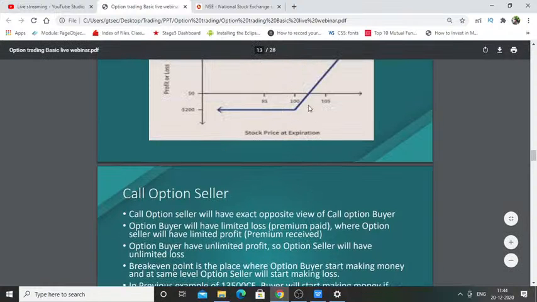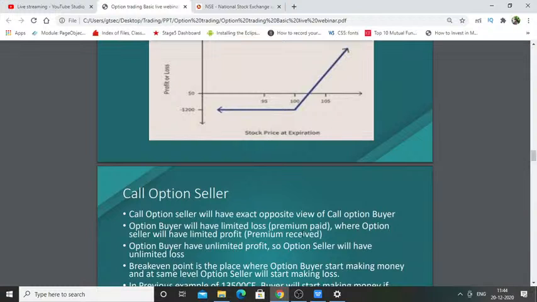Okay, so this is the break-even level. In our previous example, the 13,500 call option, we bought at 100 rupees. So for the option buyer, 13,600 will be the break-even. After that, the option buyer is going to make a profit, and below that the option sellers are going to make a profit. That is the break-even level for both the option buyer as well as the option seller.